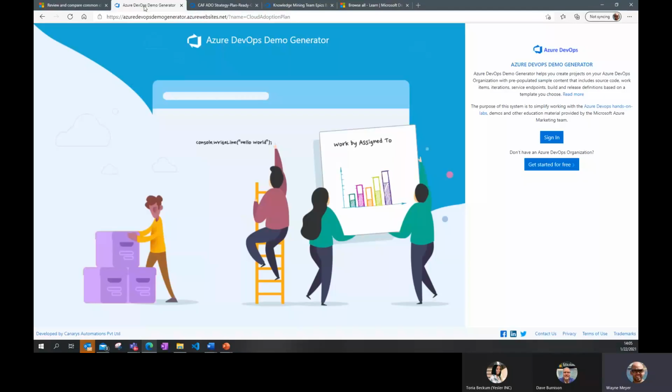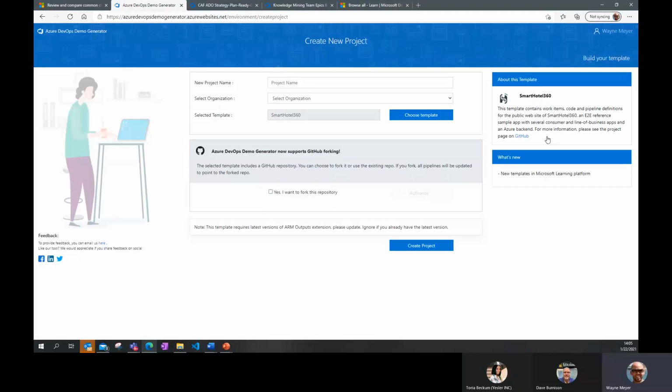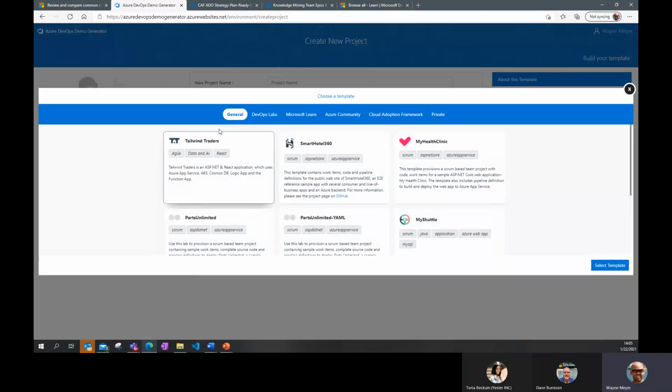The other one that I want to call out, and we'll drop these links in as well, is aka.ms/adopt/plan/generator. This takes us to a couple of these quick starts that we've actually built. So for many organizations today, it's like, how do I get going on my Azure DevOps journey, or what are the patterns that are out there that I can start to use? There's some really cool things that have been done. So here's some learning templates that you can use. If you've chosen Azure DevOps as your platform, you can use some of these templates.